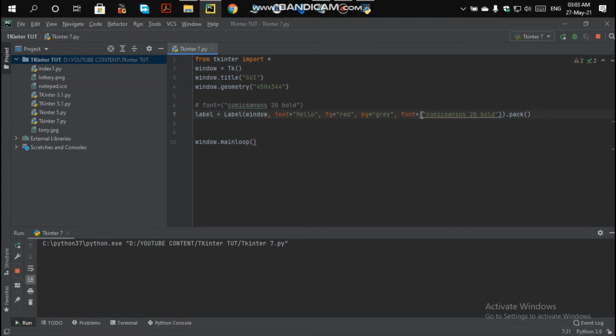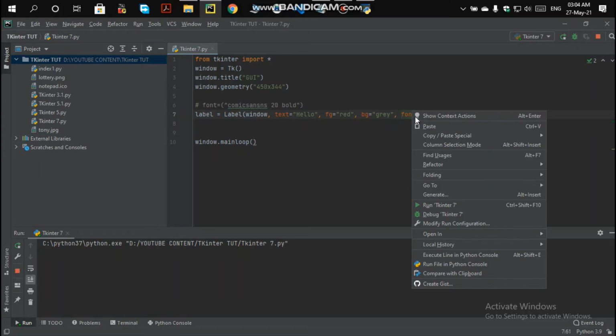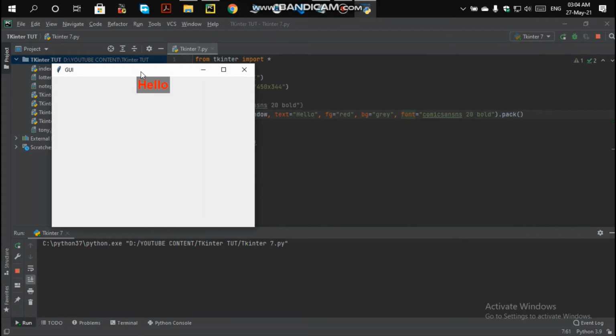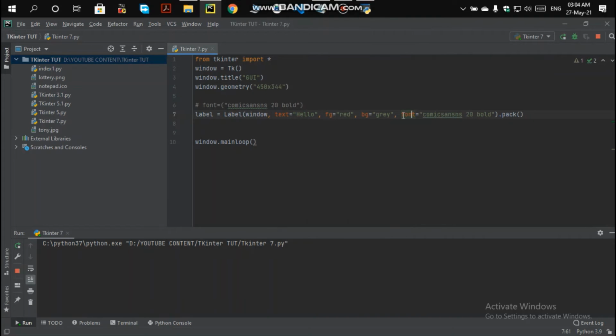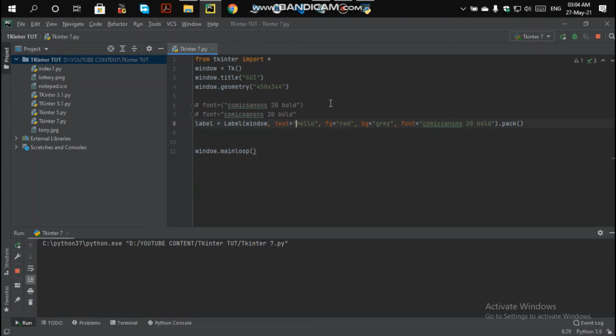So for the second method, we are going to just remove the parenthesis, and you can use it without the comma. So I'm running it. You see it looks the same as the previous because there are two methods. Let me also comment this method too, so that you understand well. So here I'm commenting. This is the first method and this is the second method.